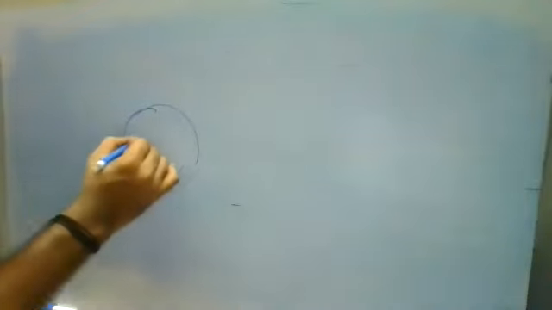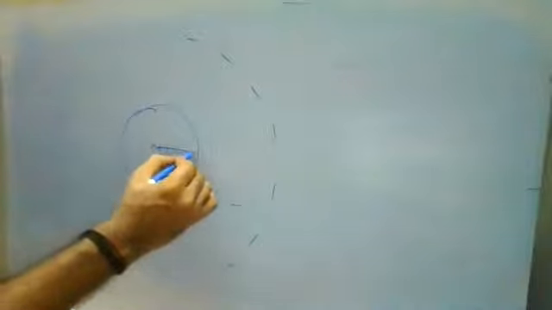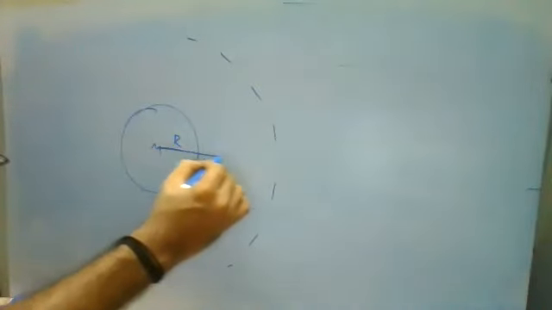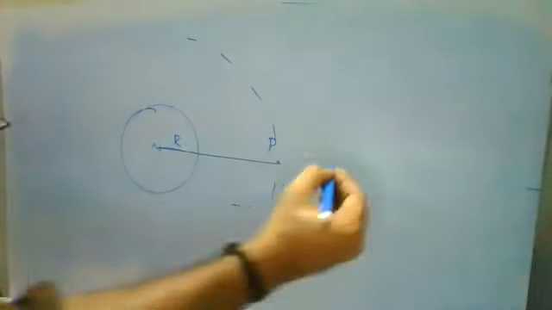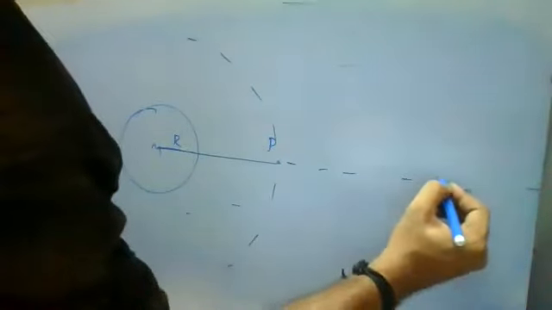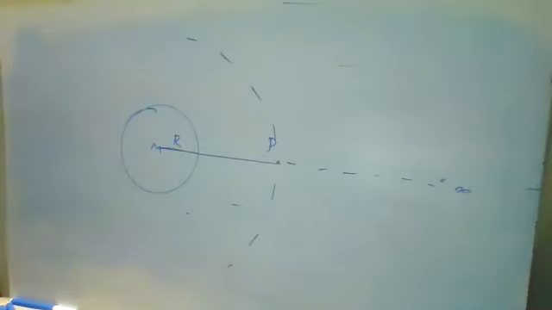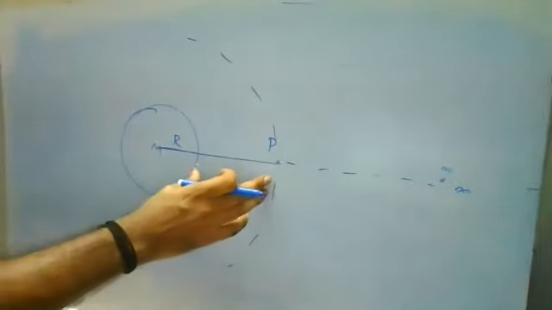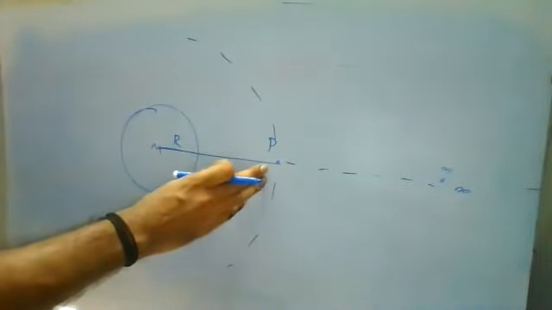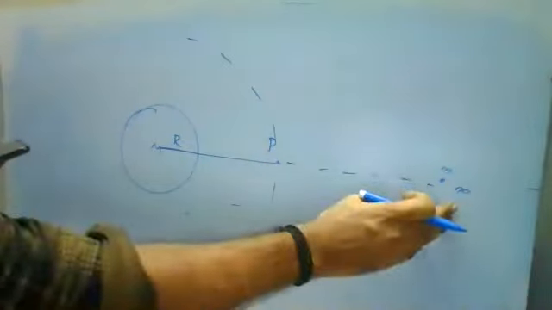Okay, gravitational potential energy. For example, there is an object. This is the mass of the planet, and there will be a field around it. Take the radius r, the distance from the center. Assume this is your point P, and this is the gravitational field. Now, at an infinite location, I am taking a point mass, small m. Because of the large distance, the gravitational field is not acting on the small m.